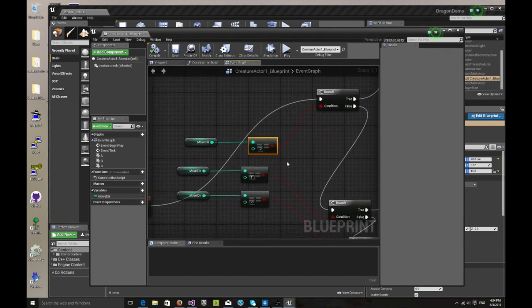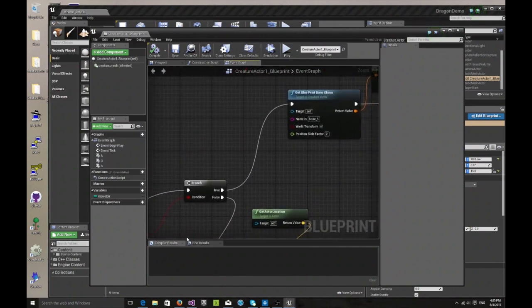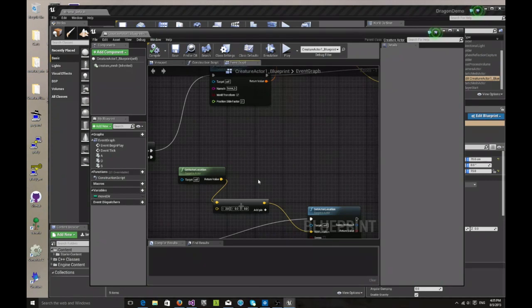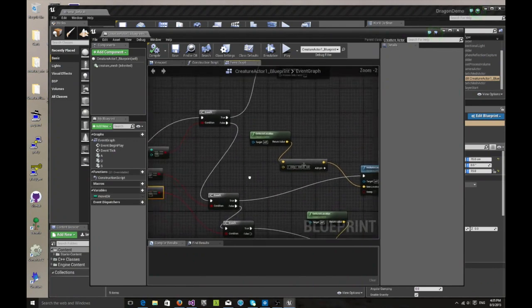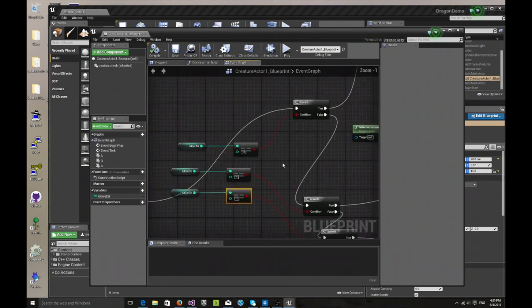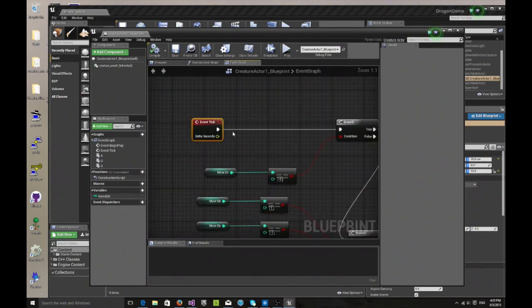Well, let's take a look at what I've done over here. Let's zoom out a bit and take a look at what is going on. Okay, so what we're saying here is, let's go through a couple of cases. All right, so event tick, when this function gets called, updated every time step with a character, it goes to